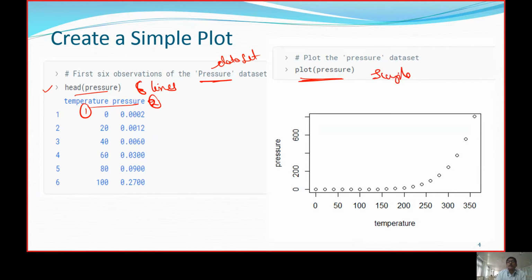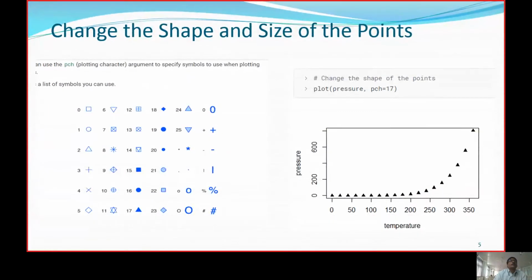So this was a very simple plot. We just made a plot here. On the y-axis we are going to have pressure, and on the x-axis we have the temperature, and there was a scaling, and the values are going to be related with the points there. So assume we have this 100th element, given as 100 comma 0.2700. That's how we put things in a formatted way in a 2-dimensional graph.